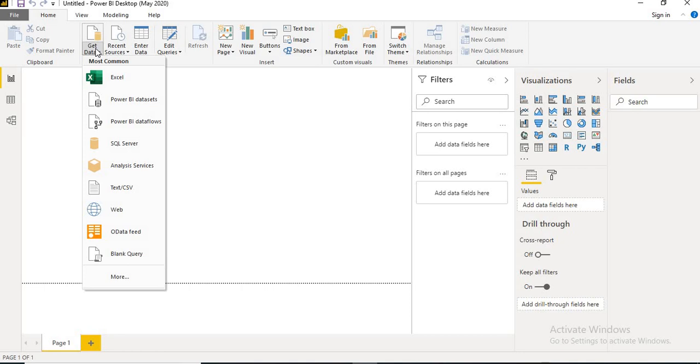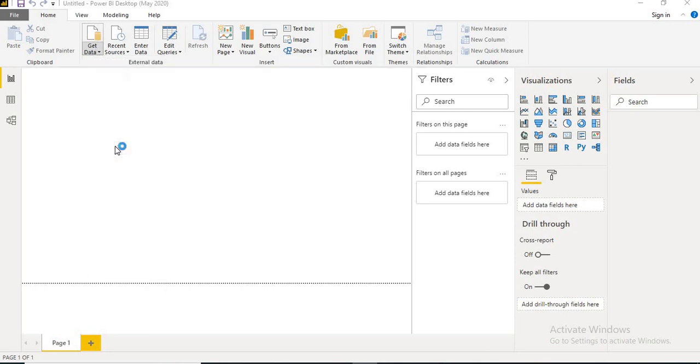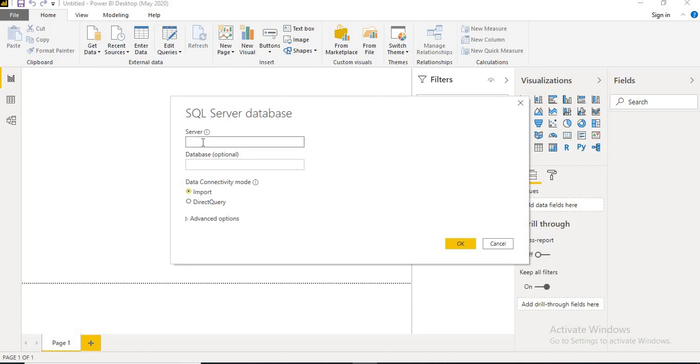Let's quickly connect to some database, get some data and represent it in a traditional way or a modern way. The purpose of Power BI is to help us represent data in modern ways, so I'll use the modern controls here rather than normal traditional controls. As a part of it, you need to provide your server name. I hope you already installed some RDBMS on your machine. I have a SQL RDBMS on my machine, so I'm planning to provide that as an input to my Power BI report.